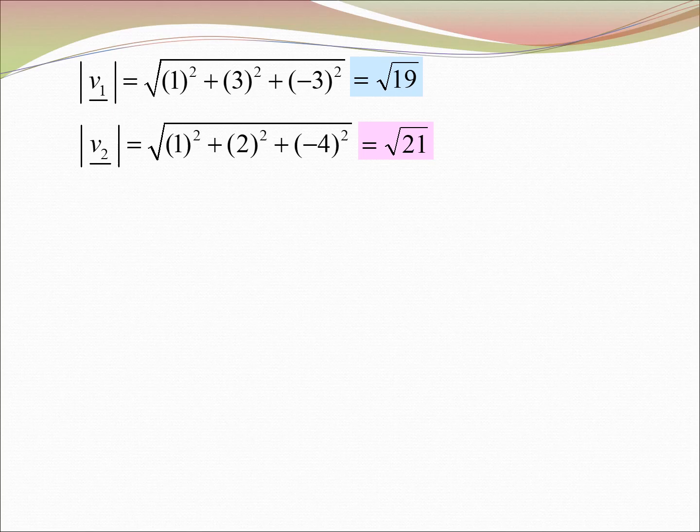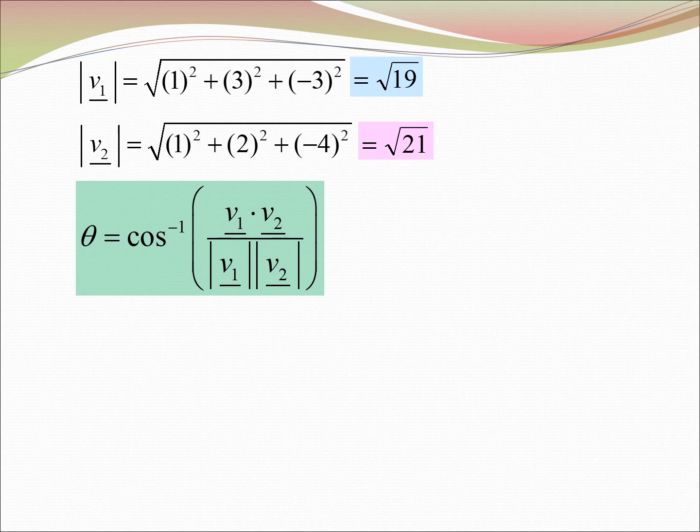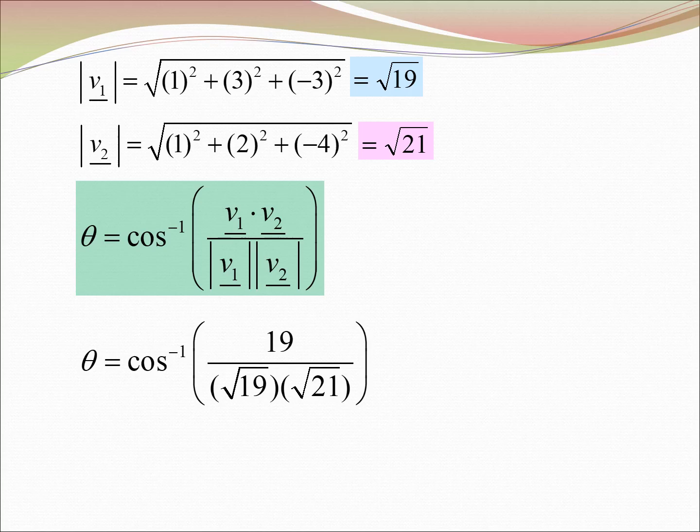So now we have v1 dot v2, magnitude v1 and magnitude v2, so we can find the angle between the two straight lines. The formula is theta is equal to arccos of v1 dot v2 over magnitude v1 times magnitude v2. We just substitute the results for v1 dot v2, magnitude v1 and magnitude v2. So we will get theta is equal to 18